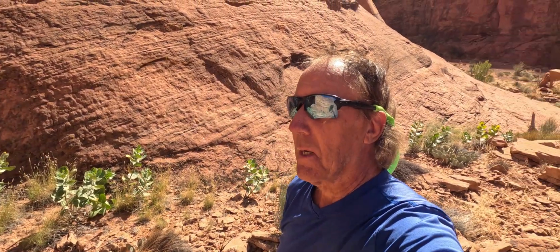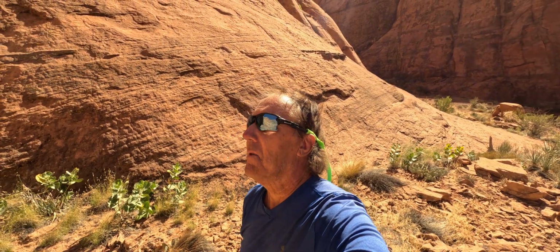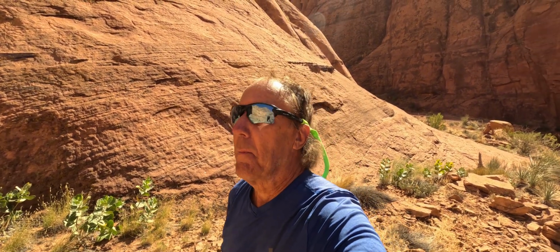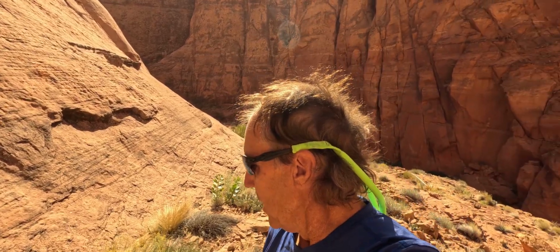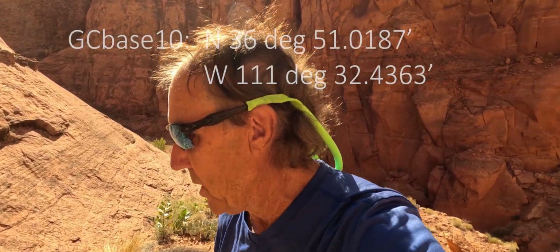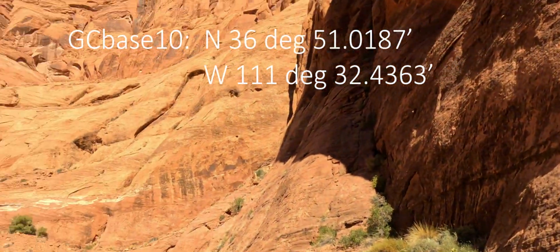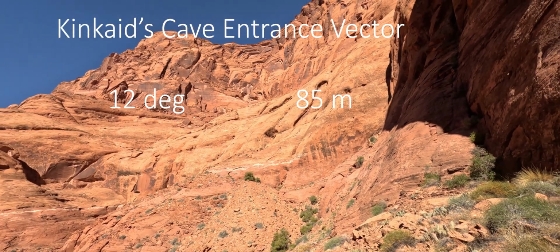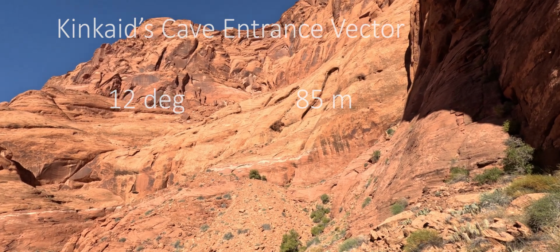Okay, I'm climbing up the cliff face we were at on the last episode. The original entrance is supposed to be on this cliff face somewhere. So I'm going to work my way up, and as I go up, I'm going to do some remote anchoring and take some readings. So hopefully we'll be able to pinpoint the location. But we definitely know we're close here. We're very close. It's just a matter of locating it, and I think there's a good probability at this point that it's probably been